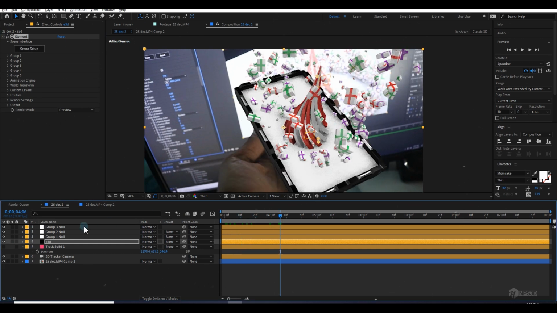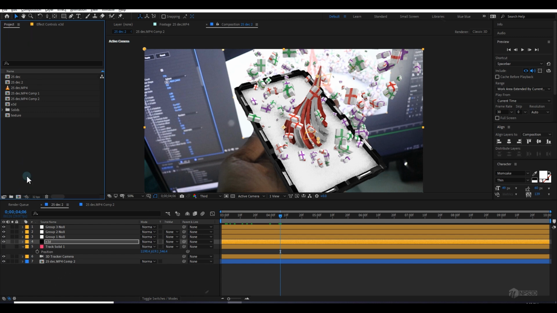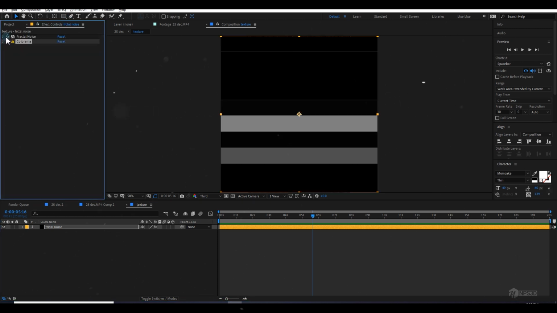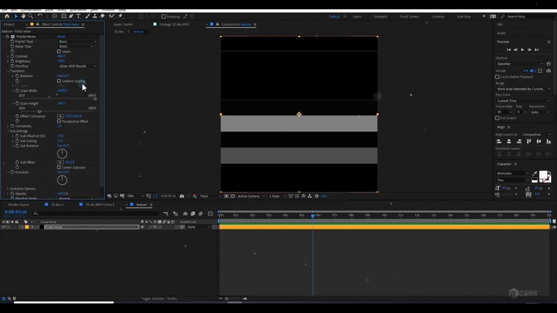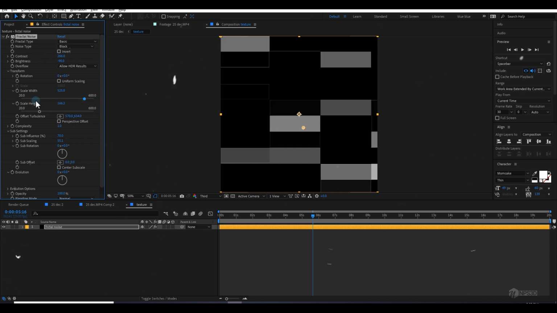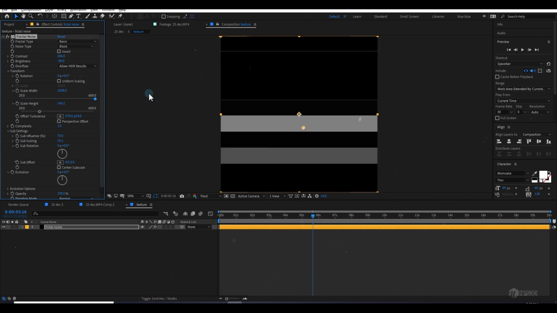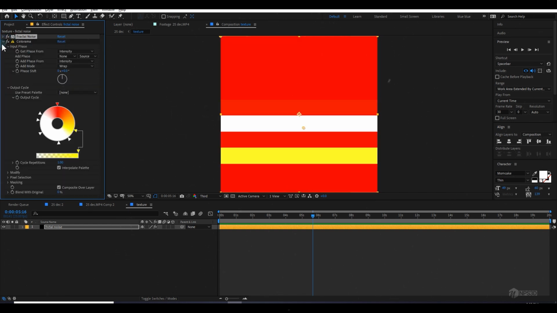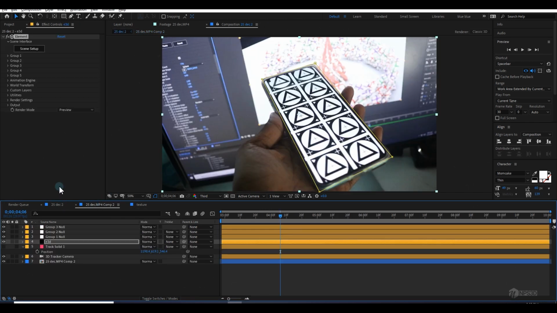This is the first method. The second method was just create a new texture, which I already did. Let me go to the texture menu and here let me show you what I did. First I apply fractal noise, then I just scale the width. Here you can see scale the width and make sure this is in a block section, and then I applied Colorama and apply a few colors. This is the basic thing which I did for texturing.